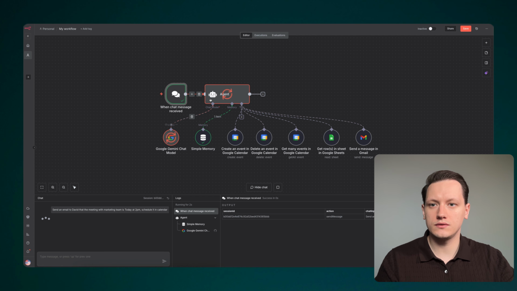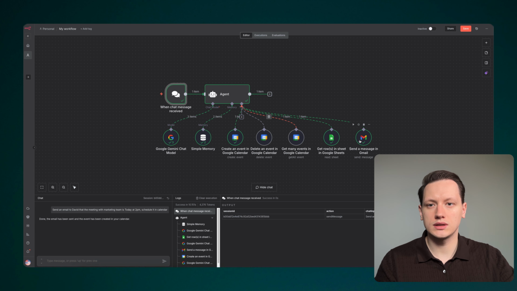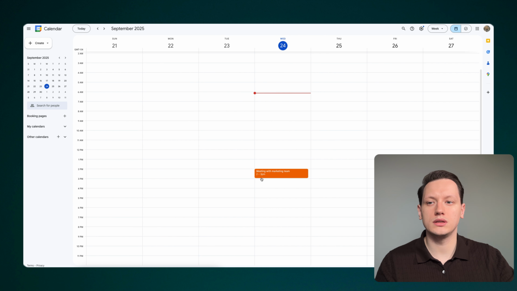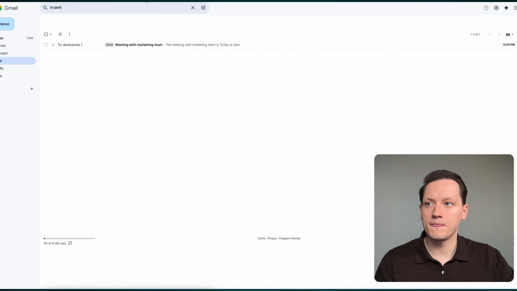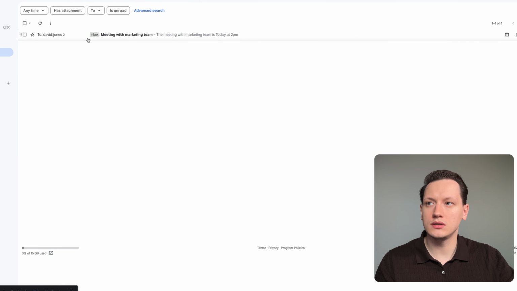Okay, agent gets the message. Thanks for a second. Gets information from Google Sheets. And as you can see, it sent a message and created an event in our calendar. Now let's take a look at our calendar. As you can see, we have a meeting scheduled at 2 a.m. Now let's take a look at email. And as you can see, the AI agent sent an email with subject meeting with marketing team. The meeting with marketing team is today at 2 p.m. And he sent it to David Jones,